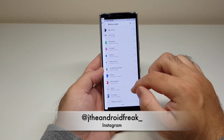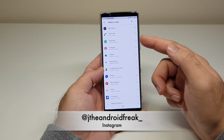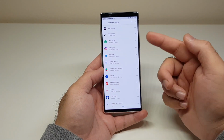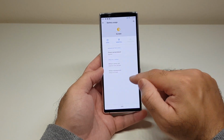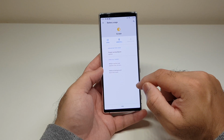Once again on this occasion, I think it was the voice calls. Yes, it was the voice calls. I had the speakerphone on. If you have the speakerphone on WhatsApp or on voice calls, it will obviously tend to eat a bit more battery, but still, despite having the phone on speaker big time, I was able to achieve almost 5.5 hours